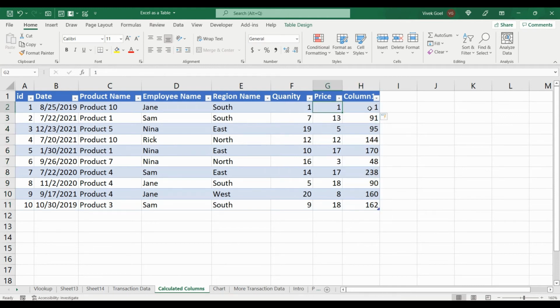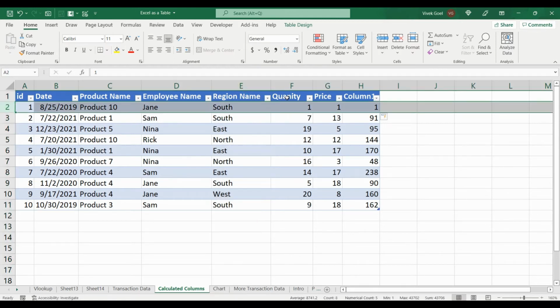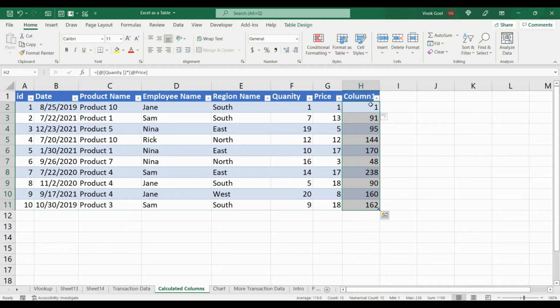Basically, when you convert your dataset into an Excel table, Excel understands that these rows and columns are related. This record or row is an individual transaction of our company, and this column contains the sales for the transactions that are happening. So you write your formula once and it gets replicated automatically to the other cells in the